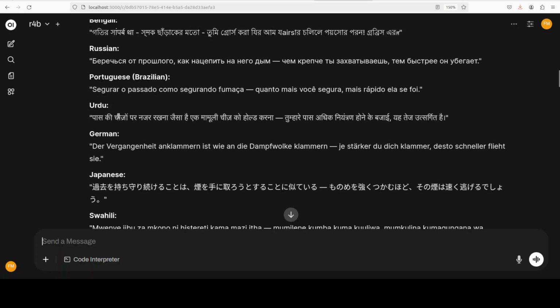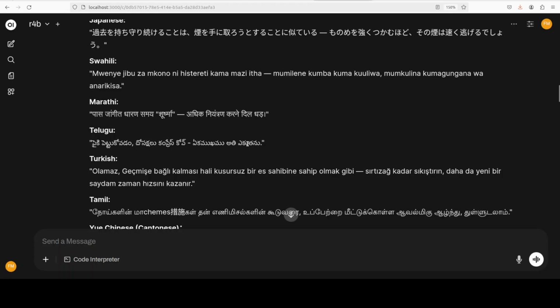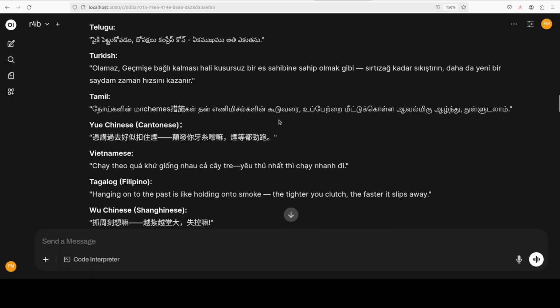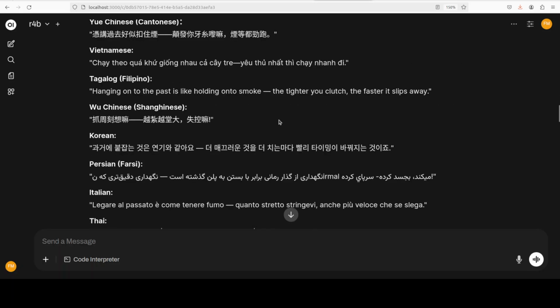So you see, even the Urdu script is totally wrong. This is not Urdu, it is Hindi. Yep, doesn't look good. Most of the languages I think it has missed, but some of the languages are quite good too. So I'm just scrolling down,